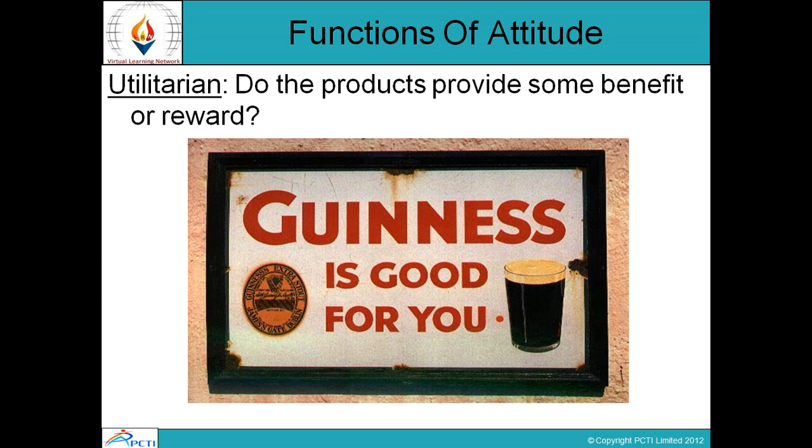Say for example, if I had a severe headache and I take a Combiflam, and if one pill of Combiflam subsides my pain, the utility of that pain relief pill was to subside my pain, and it was able to do it. The chances that I buy the same pill again in future go up. And if Combiflam did not subside my pain, then I would not go in for the same pill again, right?